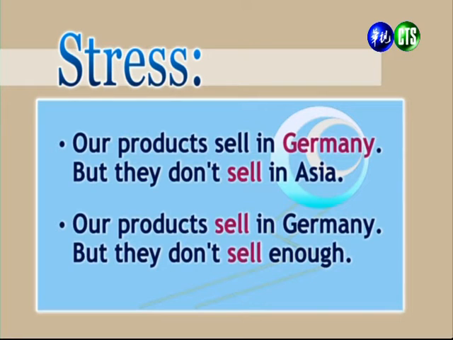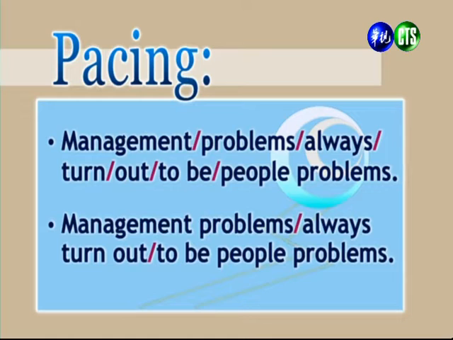意思强调卖得很好在 Germany，但是卖得不好在 Asia. Our products sell in Germany, but they don't sell enough. 老师强调那个 sell 这个字。还有一个字叫做 pacing，pacing 也是很重要的。pacing 就是说你断句哈，刚刚 chunk 是一句一句，pacing 是断句。比如说斜线的意思就是断句，老师念给你听：Management problems always turn out to be people problems。第2句是什么？Management problems always turned out to be people problems。你要去解释它这里头的含义带出来的影响是不太一样的，好，这个叫 pacing。有时候你透过停顿来制造那个 presentation 的效果。我们最后来看